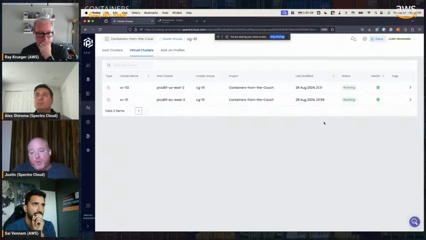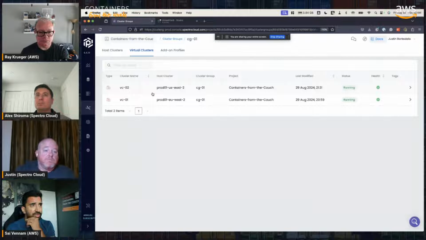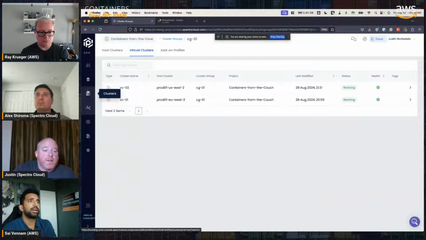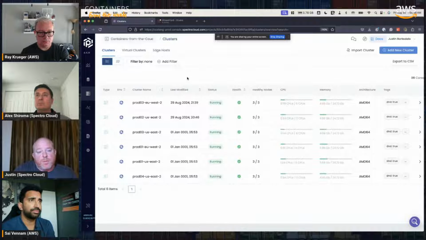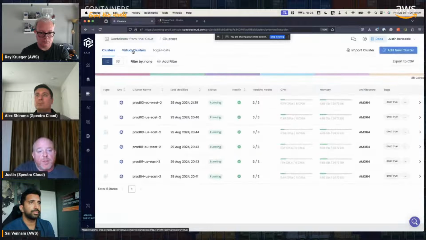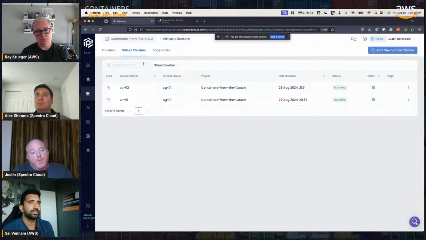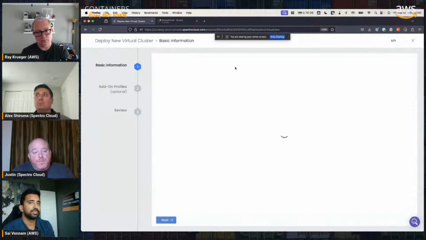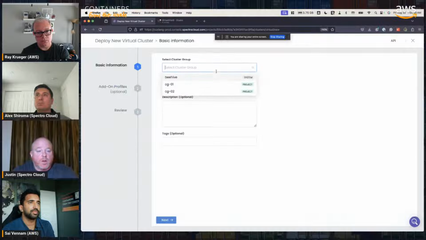So I've said, hey, deploy 2 virtual clusters. And it'll handle it, kind of round robin, deployed one on each. And you can deploy more virtual clusters on that infrastructure as well, right? So through this mode, which is kind of the platform engineering mode, I can say, let's create another virtual cluster, add new, what group do we want to put it on? Let's put it on the new group we just deployed.